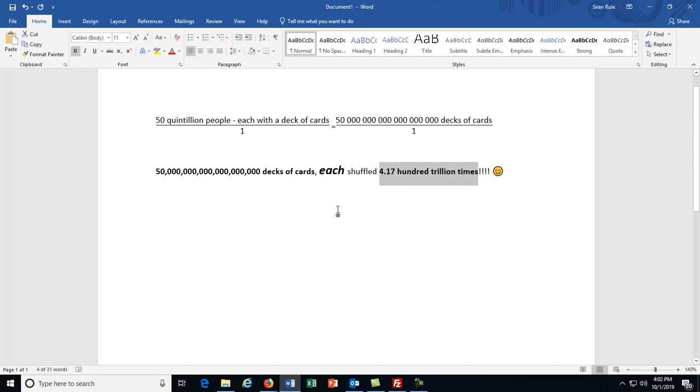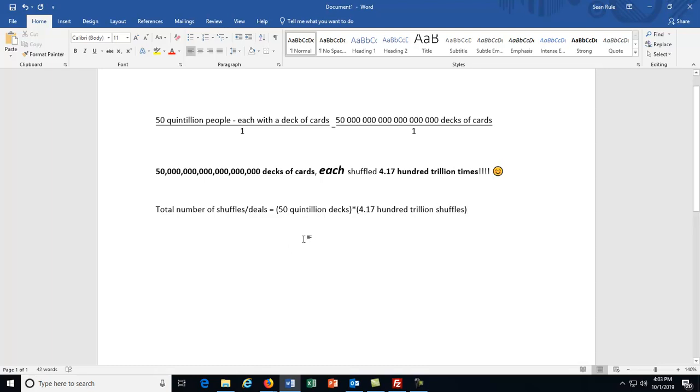So if you think about it, it is once again the fundamental counting principle. If you can choose a deck of cards 50 quintillion ways, and then the ways they can be shuffled this many ways, the way to figure out the total number of shuffles or deals, or however you call it, is going to be by taking that 50 quintillion decks and multiplying that by the 4.17 trillion shuffles